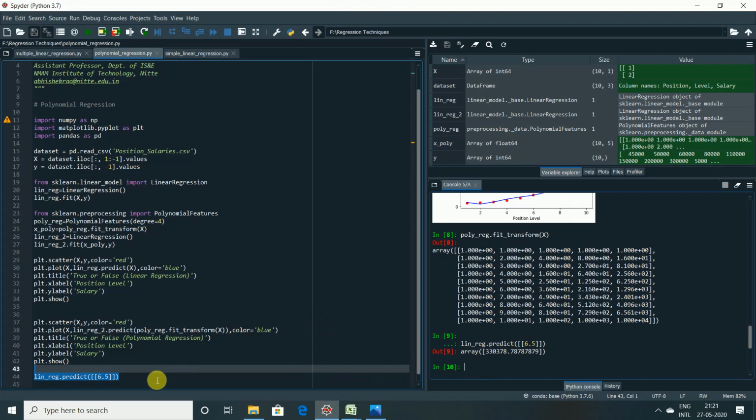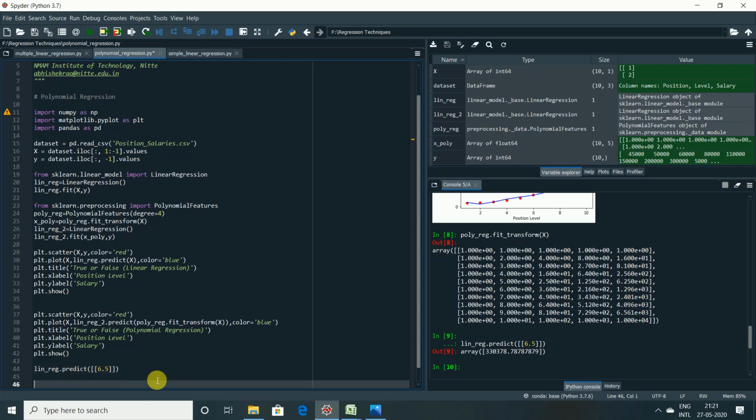Now with respect to the polynomial regression model, we'll start predicting. Instead of lin_reg, we have to write lin_reg_2.predict. The rest is the same. Correct? So for predict, instead of directly putting the value, I need to fit_transform.